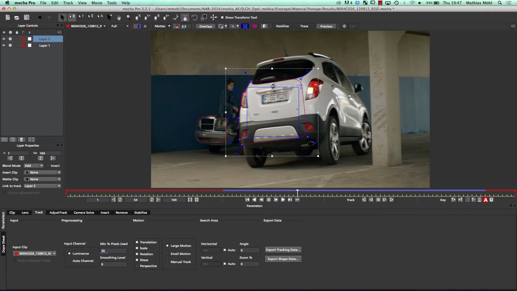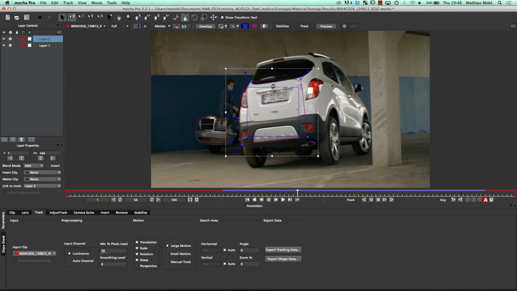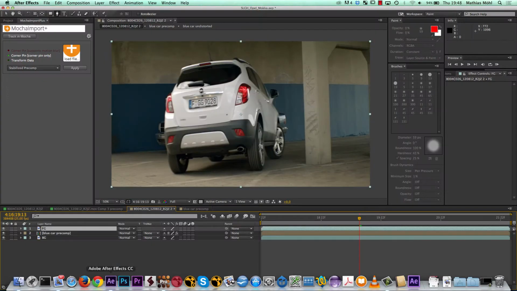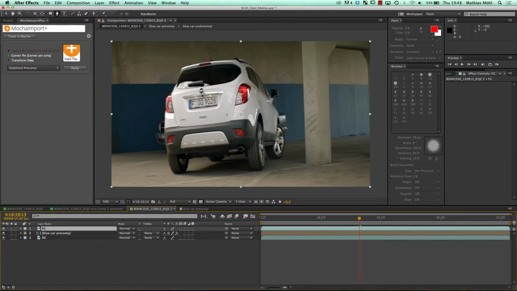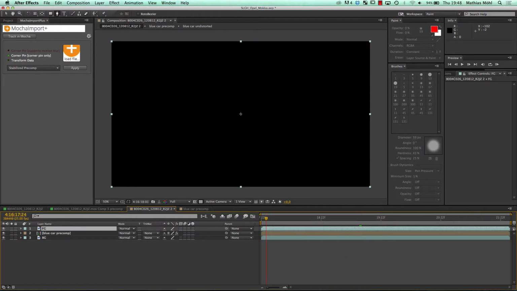I want to use this mask, export shape data, and copy it to clipboard as Mocha shape data for After Effects. In After Effects, I have two ways to apply this data actually. I can say edit paste, or I can say edit paste Mocha mask. And these are two different things, and I'm going to show you both of these now, so that you understand the difference. First, when you paste this tracking data, you need to go to the first frame